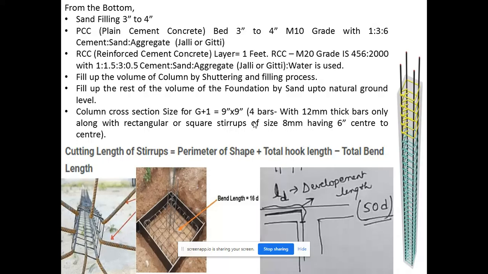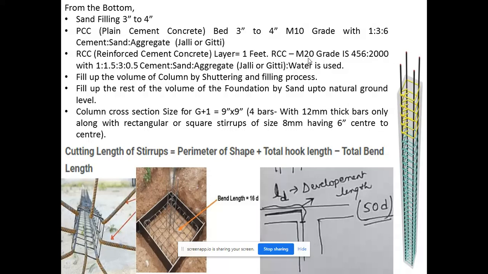From the bottom, sand filling is done for 3 to 4 inches. This is with respect to the development stages when constructing a footing. So initially 3 to 4 inches of sand has to be filled, followed by plain cement concrete or PCC bed, again 3 to 4 inches of M10 grade with 1:3:6 cement, sand, aggregate, and followed by RCC, which is reinforced cement concrete, of approximately 1 foot thickness,